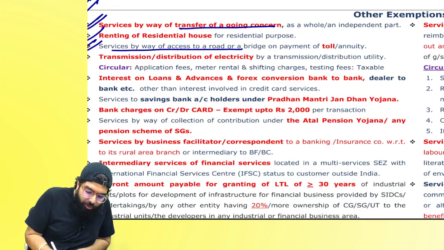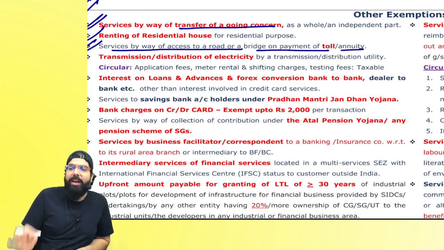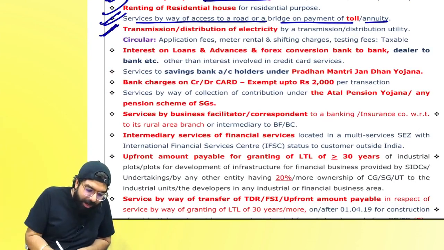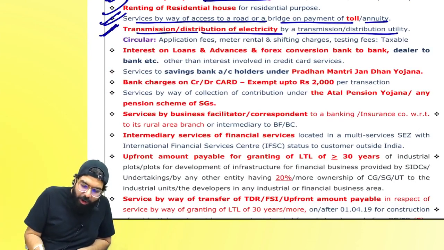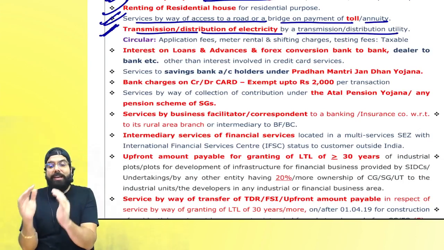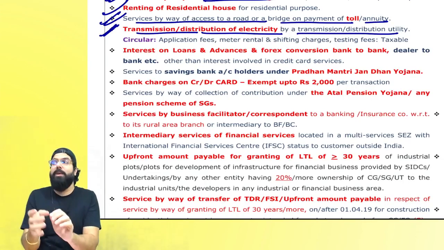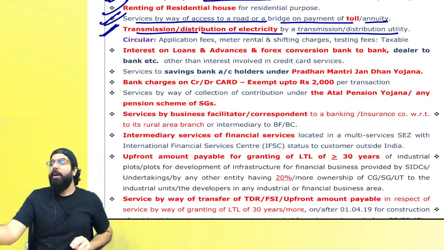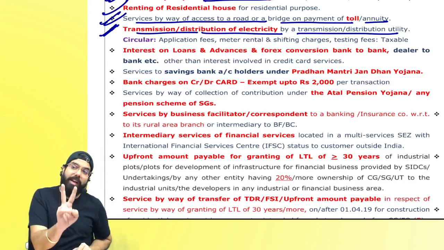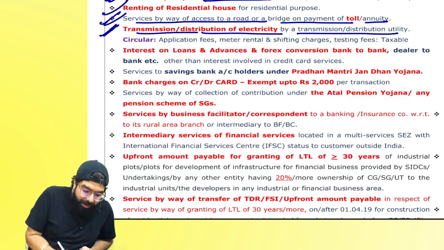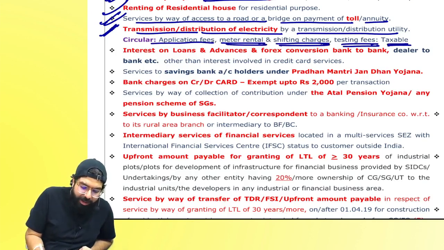Services by way of access to a road on payment of toll or annuity, always remember toll charges etc. are always exempted. Transmission and distribution of electricity is always exempted. Remember one thing, if an electricity distribution utility charges you meter rental charges, duplicate bill charges, all those are taxable. Transmission and distribution of electricity is exempted, not other services. So if there are application fees, meter rental charges, shifting charges, testing fees, then it is